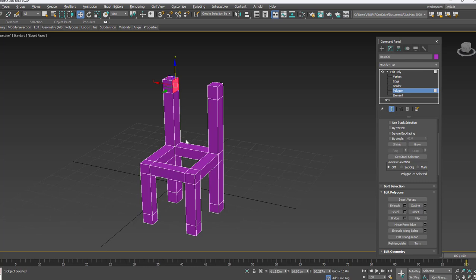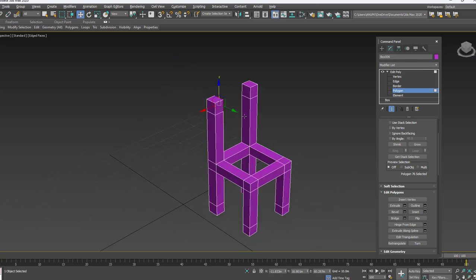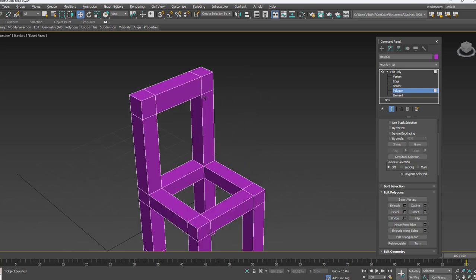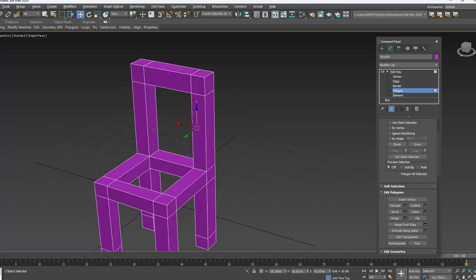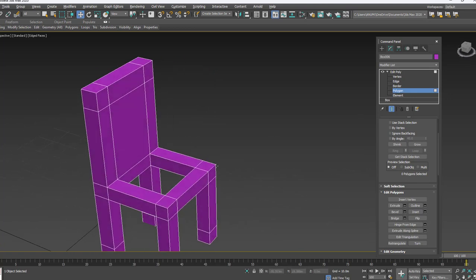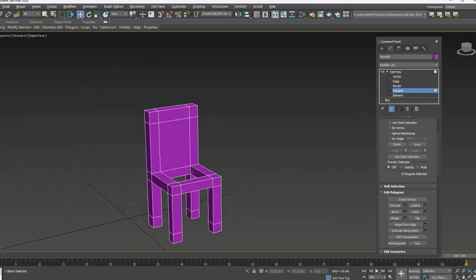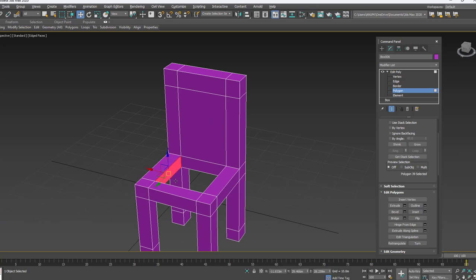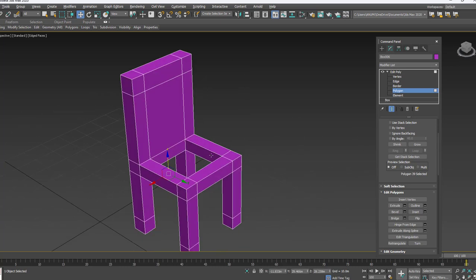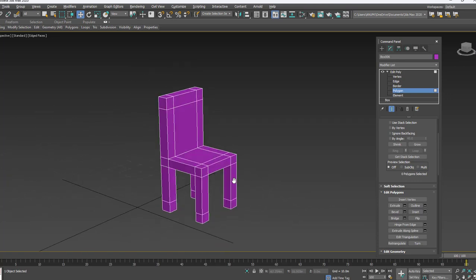Now select this one, Control, rotate this one and bridge, and even you can place the one more plane, or else you can bridge this also. So this is how you can create the table. Even you can bridge these two. So this is the table how you create by using the edit poly.